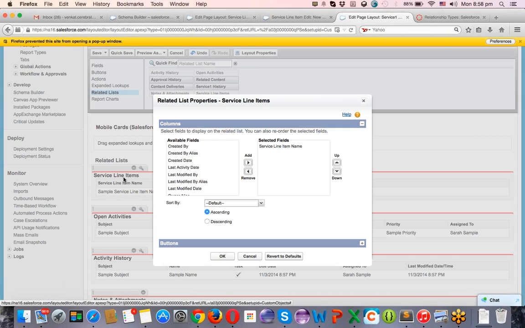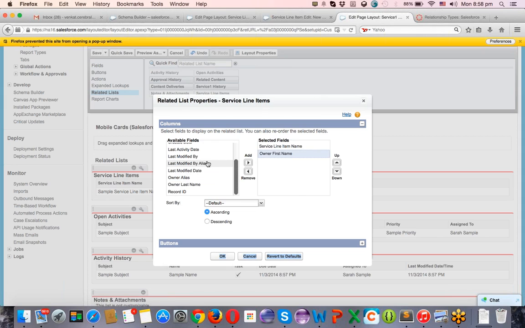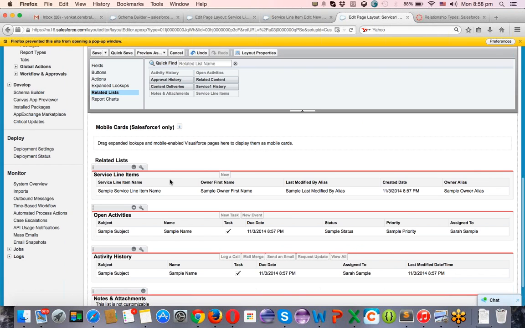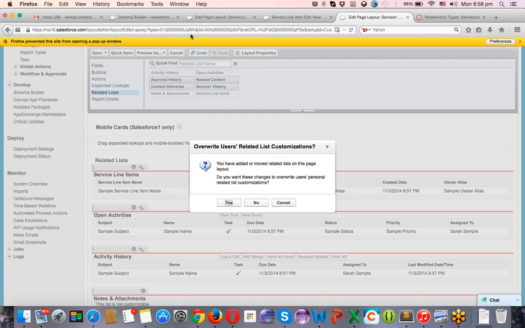This is the name. If you change that name there, it will obviously change here. And I can add some required fields. These are the fields I'm displaying here, and I'm clicking on save.